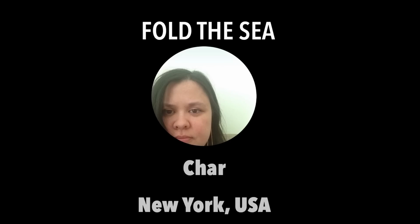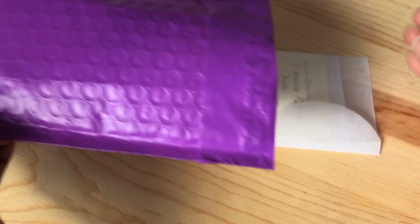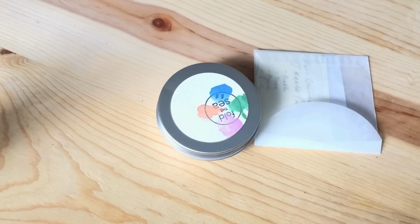Next are Fold the Sea watercolors by Char in New York. Actually, the set that I have is a very special set. This is the Aqua Gouache set, which is inspired by Georgia O'Keeffe. And I thought this was such an interesting idea